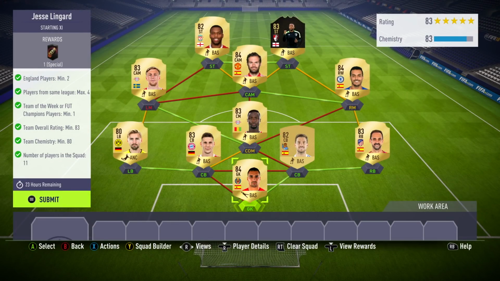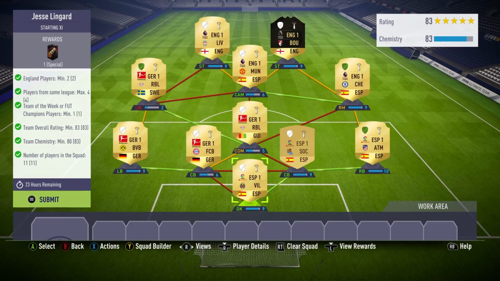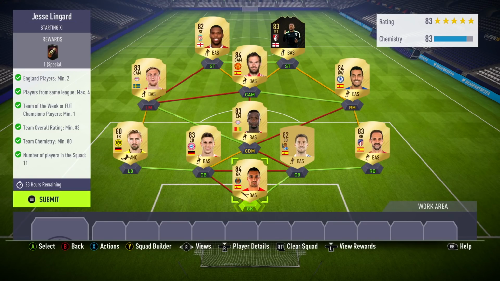For Jesse Lingard, this is what I've put together. You need a minimum of 2 England players, and you can only have 4 players from the same league. You do need an inform here, which is something you didn't need for the Paulinho one, and an 83 rated squad with 80 chemistry. So I have got 3 players with loyalty here, meaning that the plus 3 chem that I've got on this squad